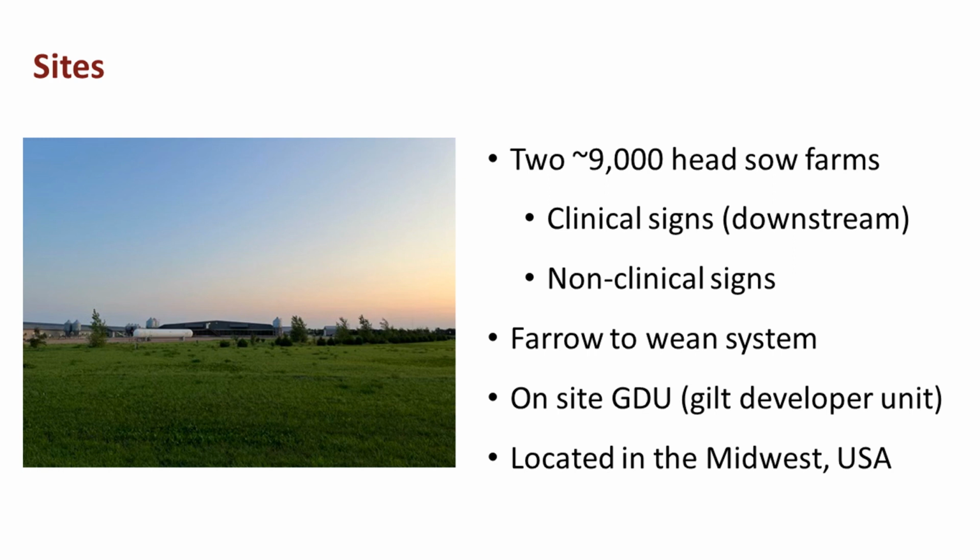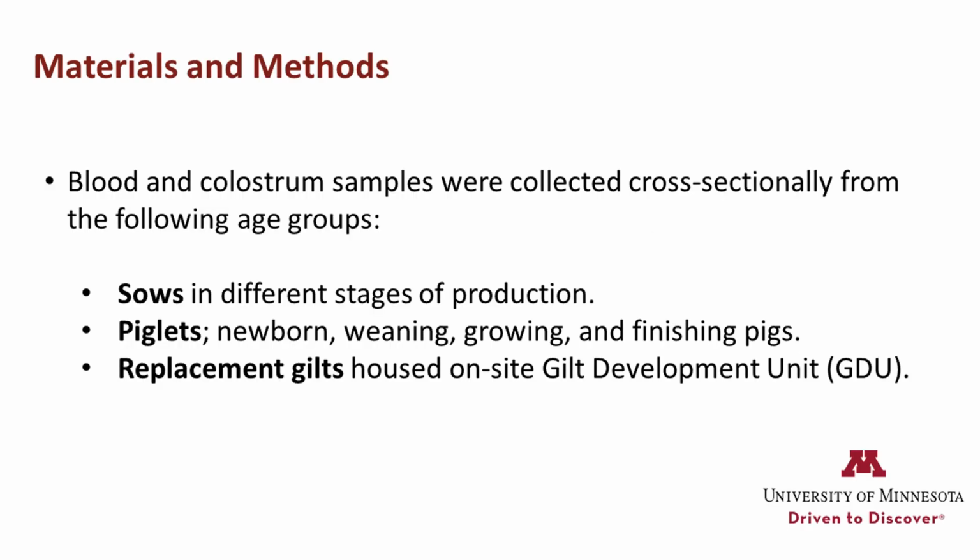Both of these are farrow-to-wean operations. They both had their own on-site GDUs. They were both located in the Midwest, but not within the same state. So what we did is we went into both of these farms and we collected serum and colostrum samples cross-sectionally from numerous age groups. We looked at sows in different stages of production, piglets starting from newborn all the way to the finishing stage. We also collected those colostrum samples, and we also looked at those replacement gilts on those